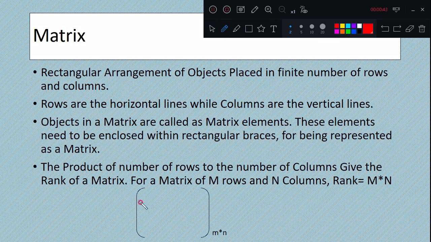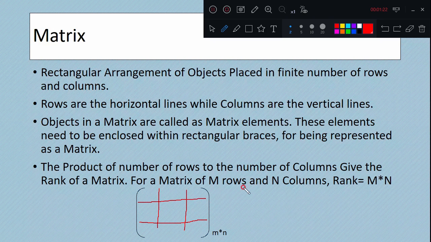Say if you have something written in between here and this, these are two horizontal lines, and they divide this rectangular arrangement into three divisions horizontally, then the number of rows is equal to 3. Now if these two